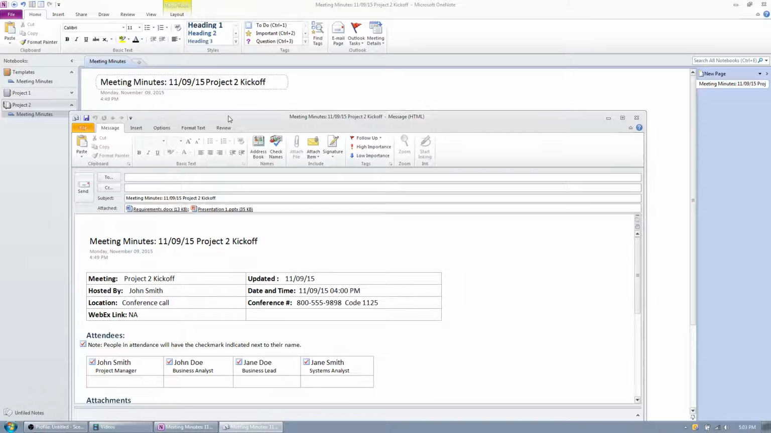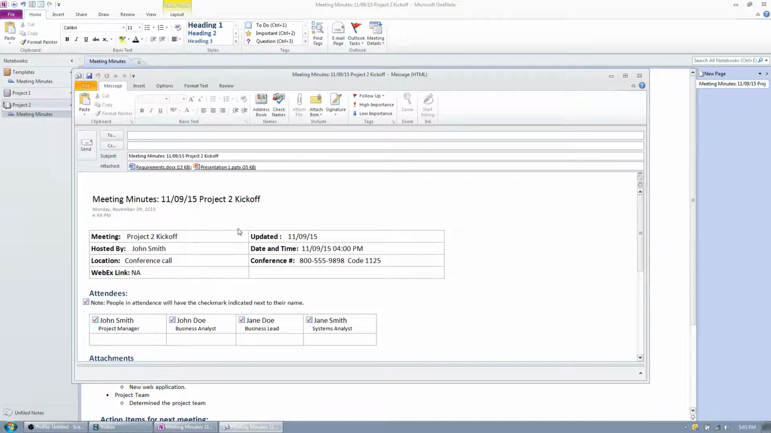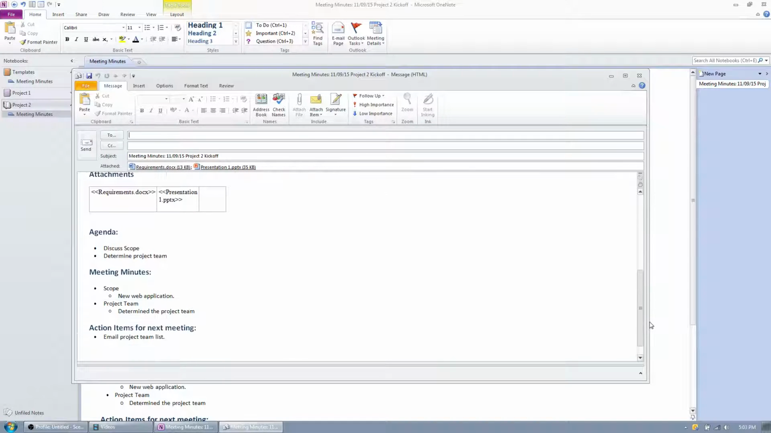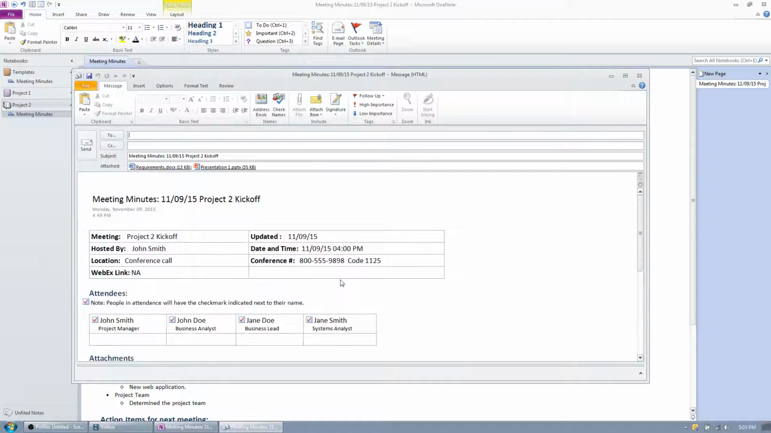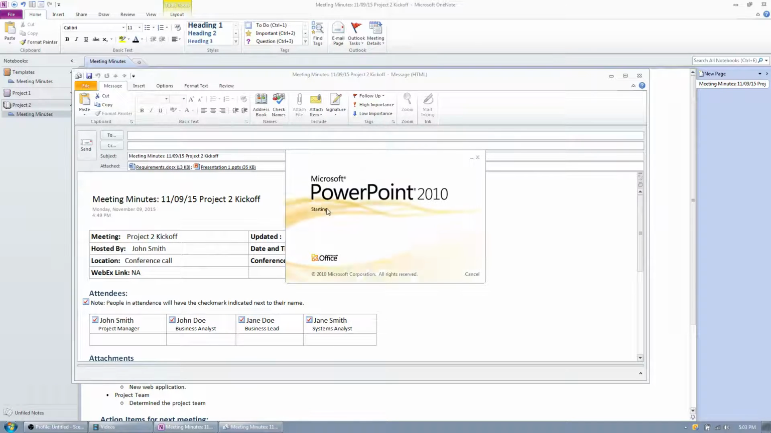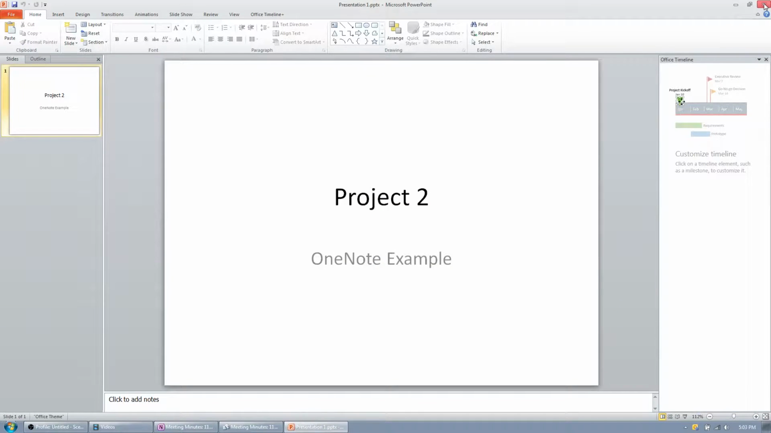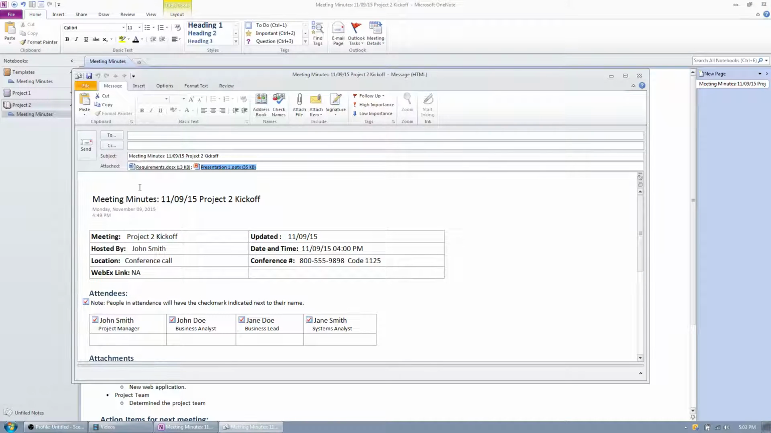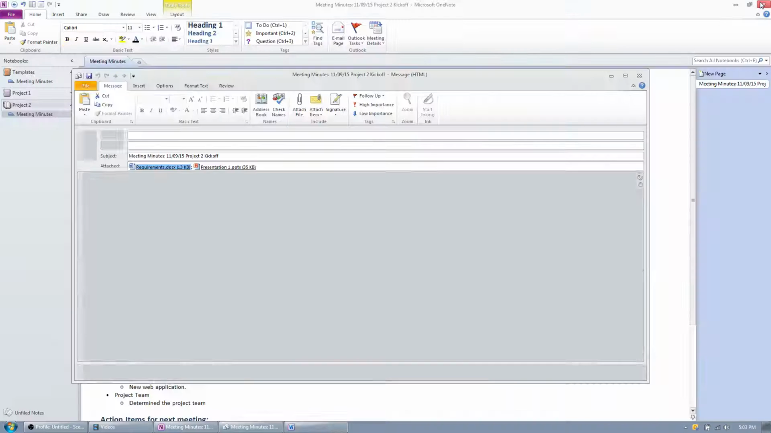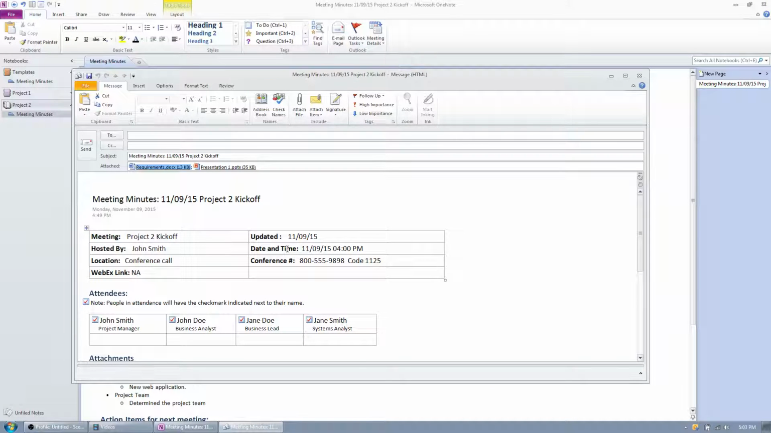Same thing. Then we have the actual details below. And any attachments that were embedded in OneNote on that page are now embedded in the email. So again, I can, through the email, open up the page, the PowerPoint presentation, or the requirements document. Either one, both work. So in one click, you've gotten your meeting minutes and your attachments all set to go in